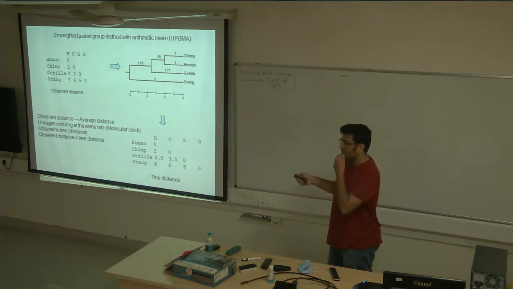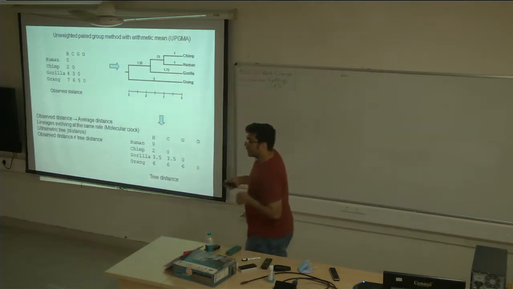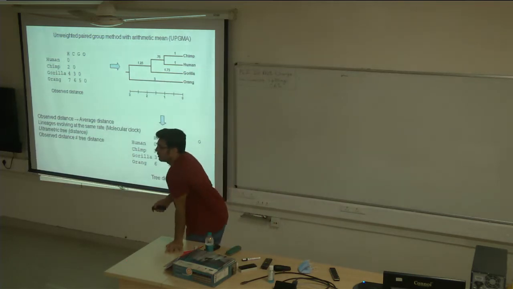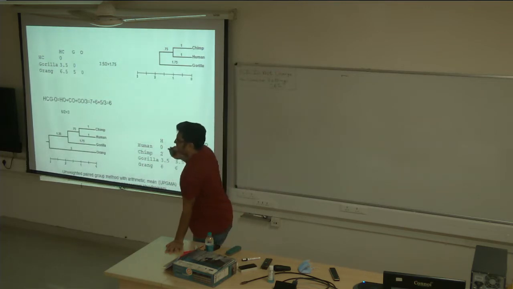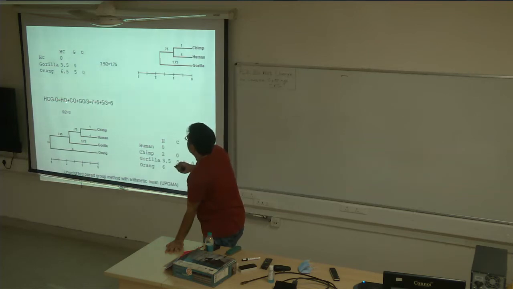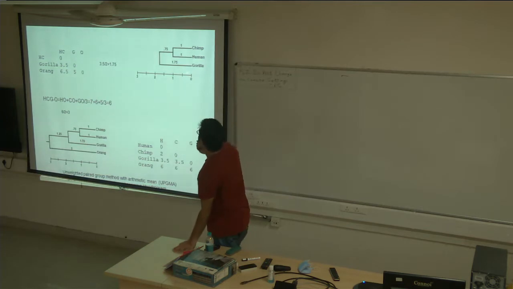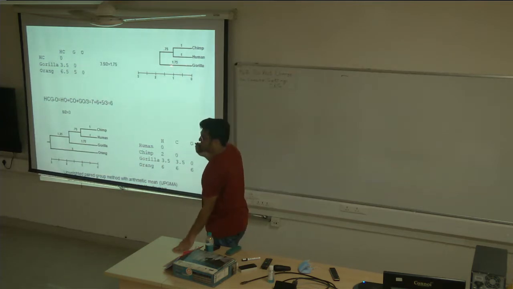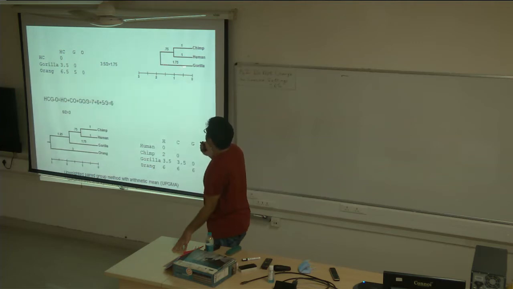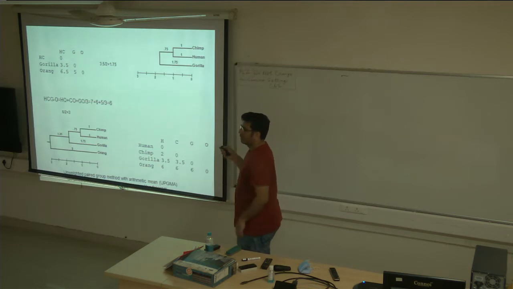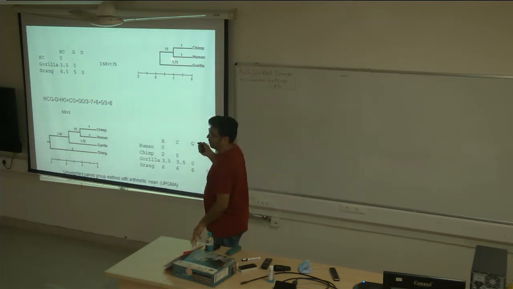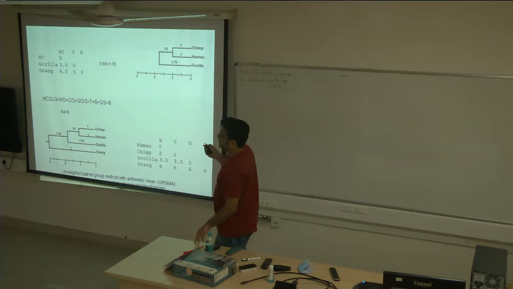I didn't get the point of it normalizing. Sorry, but did you say normalizing or not normalizing? No, I just used the word not normalizing, but what Chaitanya said is that because we treat all of these taxa, human, chimp, and gorilla, equally, we don't bring in this part here. Gorilla has a longer branch length, basically this plus this, so we don't take that into consideration. We give all of these taxa equal weightage.